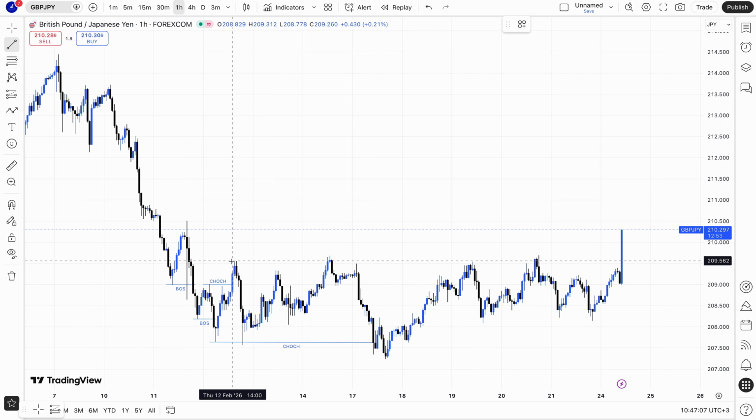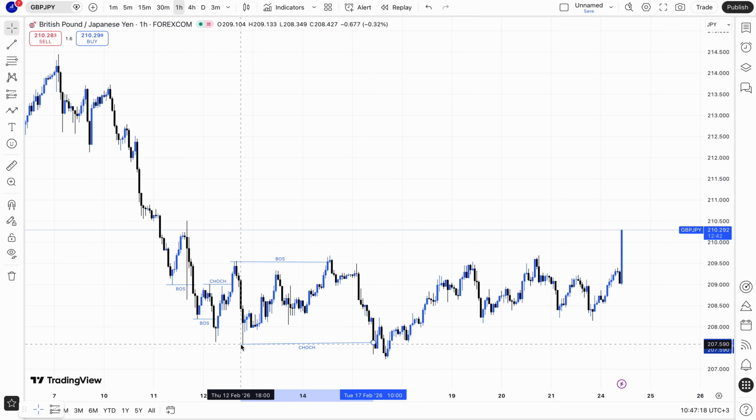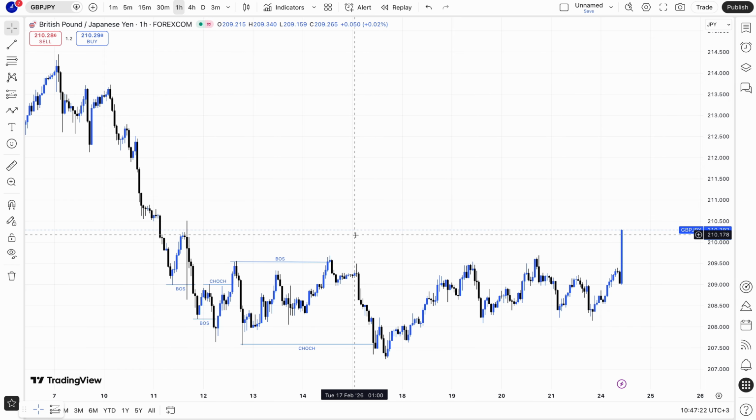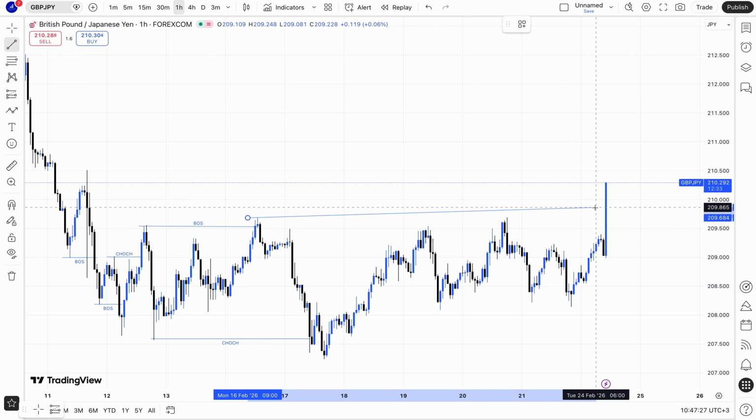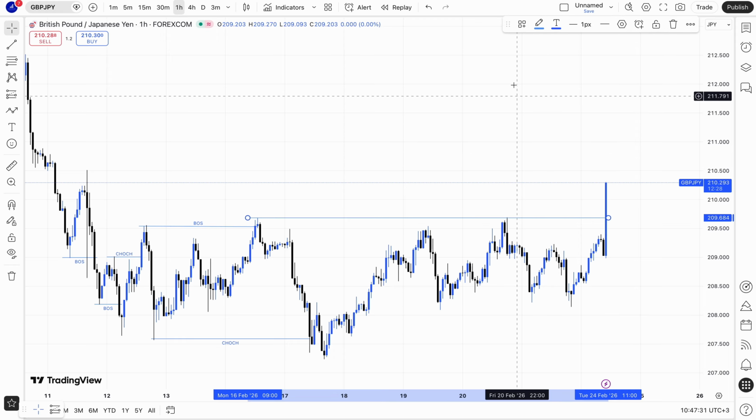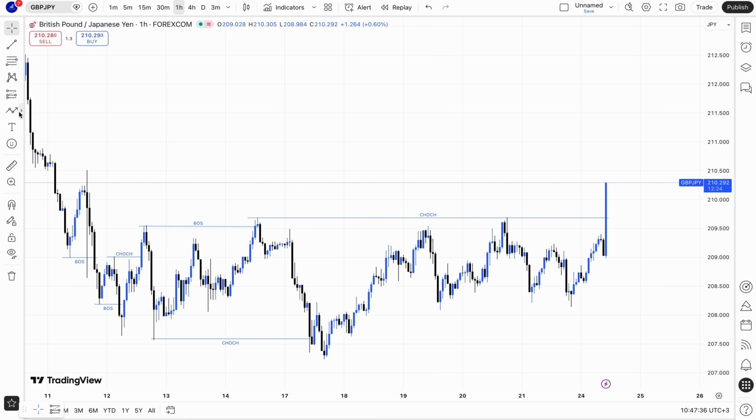No, I think even before this change of character, we had our continuation break of structure to the upside. And this was the change of character around here, because this was the swing low. And then we had our continuation, which is now this one, our break of structure, change of character to the upside. So before that, we had our